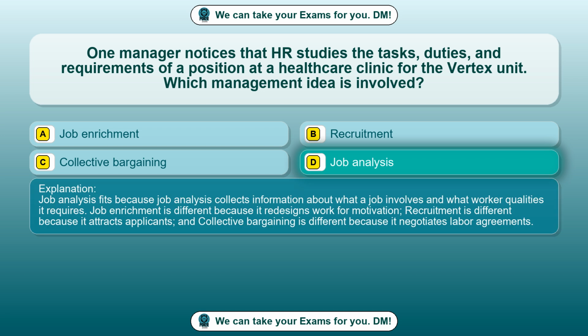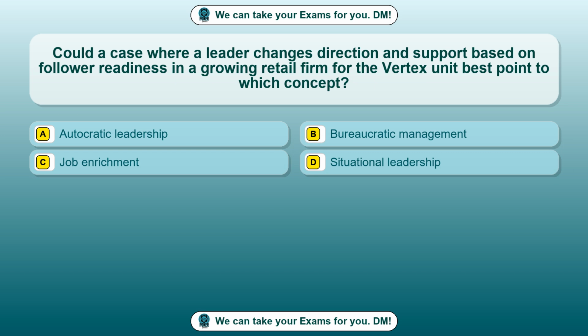Job analysis fits because job analysis collects information about what a job involves and what worker qualities it requires. Job enrichment is different because it redesigns work for motivation. Recruitment is different because it attracts applicants, and collective bargaining is different because it negotiates labor agreements. Question 38. Consider a case where a leader changes direction and support based on follower readiness in a growing retail